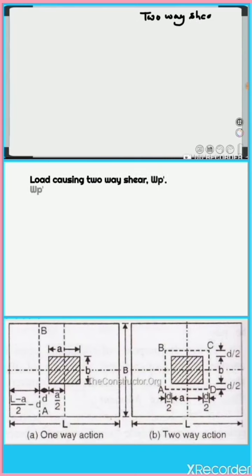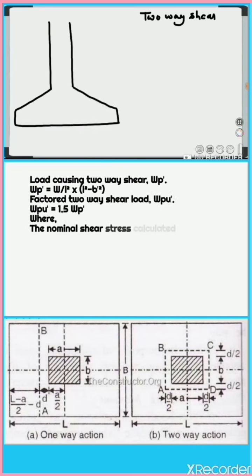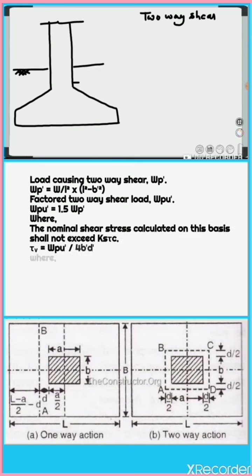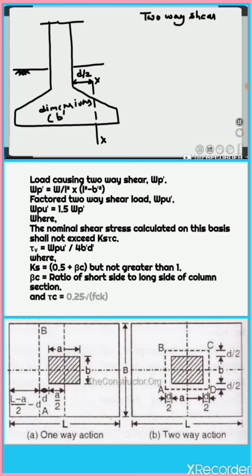Load causing two-way shear, WP dash equals W by L squared into (L squared minus B dash squared). Factored two-way shear load WPU dash equals 1.5 times WP dash, where the nominal shear stress calculated on this basis shall not exceed Ks into tau C. Tau V equals WPU dash upon 4 into B dash into D dash,